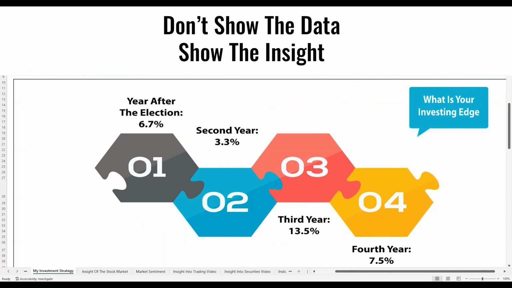Let's continue further. Since 1928, the third year of the presidential cycle has produced positive S&P returns 78% of the time, generating a 13.5% average return versus an all-year average of 7.7%. We did not find other consistent indicators in the monetary and fiscal policy signals, rising versus falling rate environments, for example, that might also offer insight on 2023. But we do believe a party's degree of government control may be a critical factor.